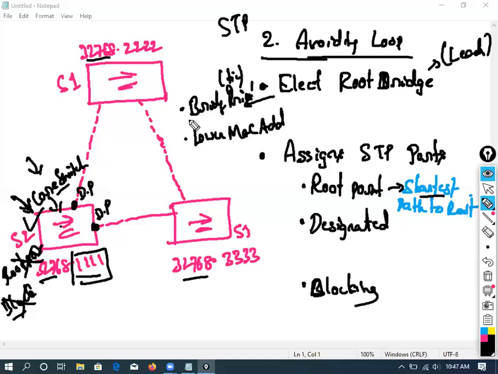Okay, got it right? Okay, so now let's find the root port. Now who should find out the shortest path to the root? Other switches. In our scenario, it is only these two switches. They have to find the shortest path to the root switch. Clearly understand? Now let's say if they want to communicate to the core switch or to the root switch, they have two links. Just watch here.